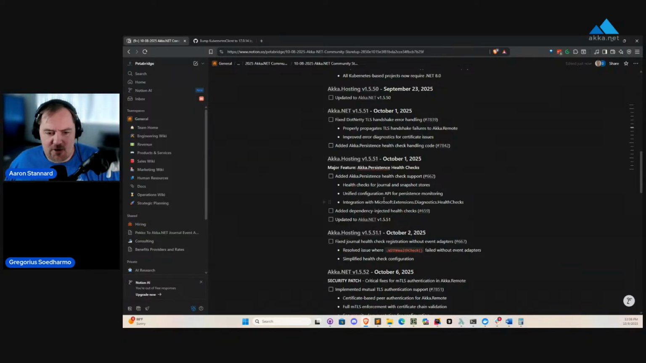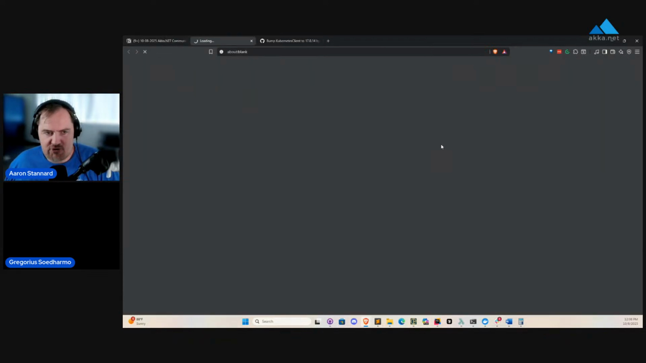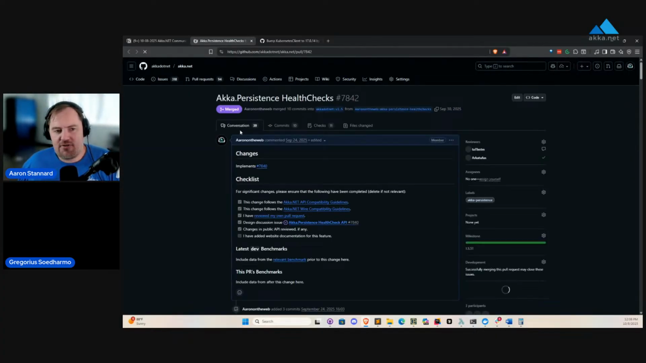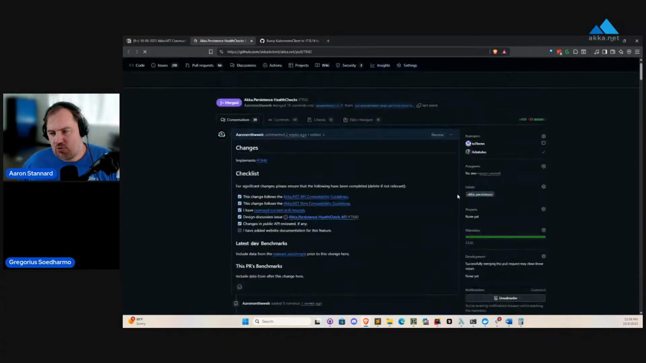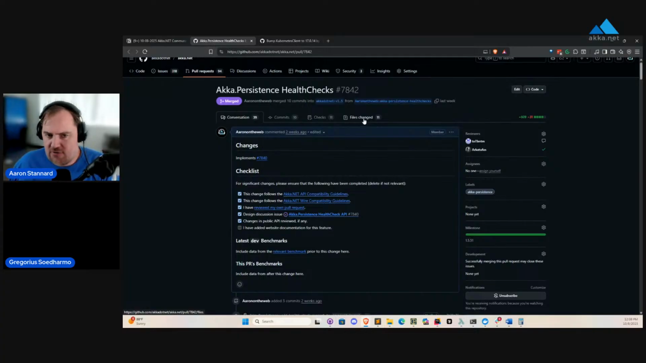The other big thing we introduced in this version here was, let me find it. That would be the persistence health check handling code. We're going to do a little demo of this in just a minute, but long story short, we incorporated into the Akka.Persistence base class. If I go and pull this up,